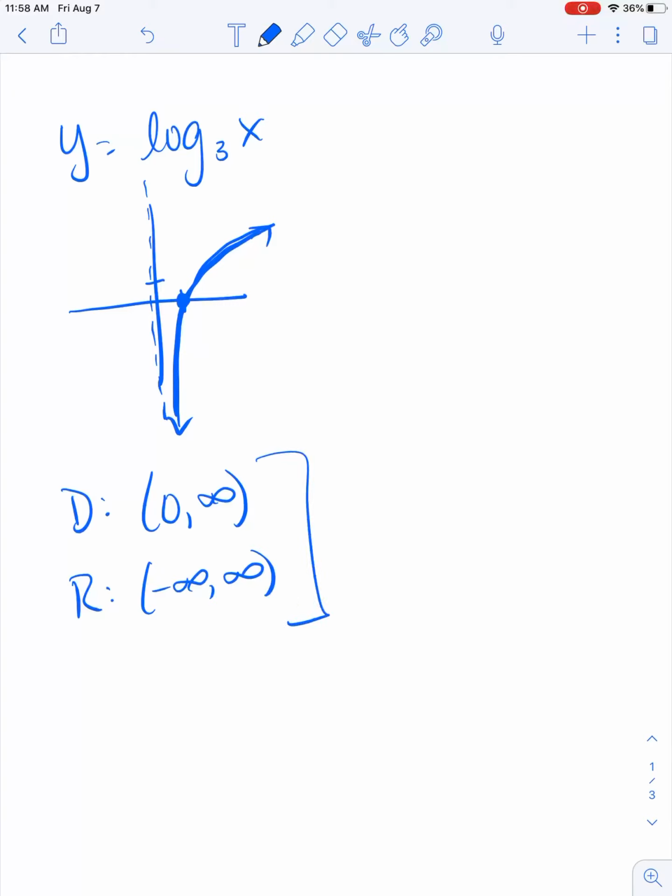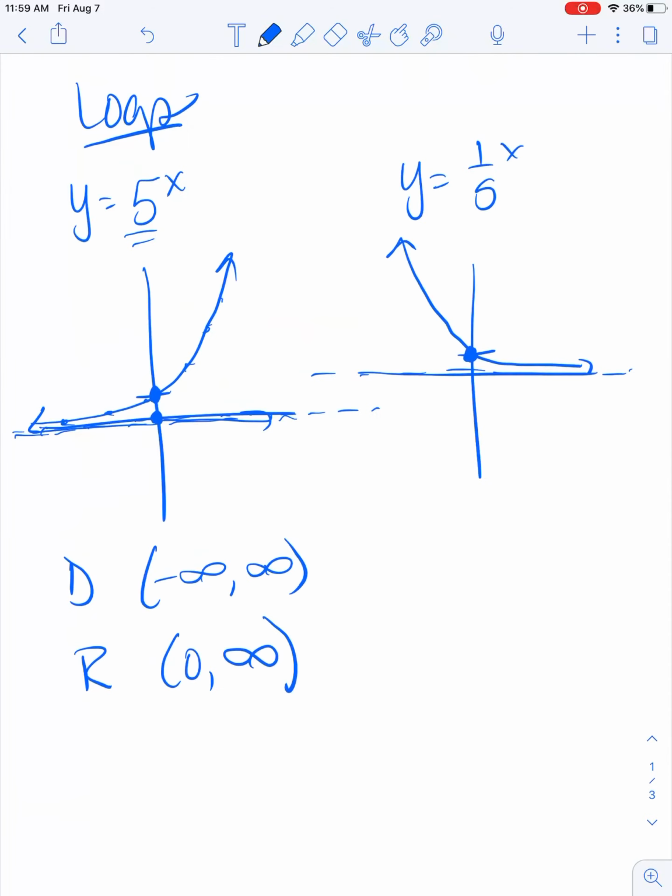So I don't need you to have this memorized. When we talk about logs in class and graphs, I need this image to flash up into your head. And when we're talking about exponential functions, I need these images to flash up into your head. And it's more about where this particular point is, and where the asymptote is, where the graph